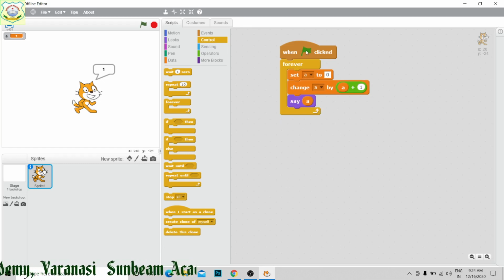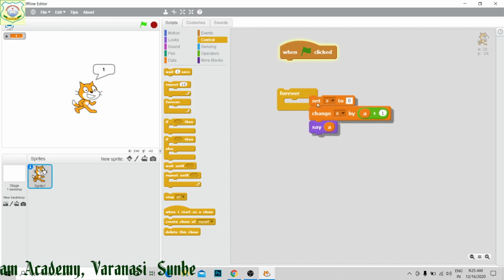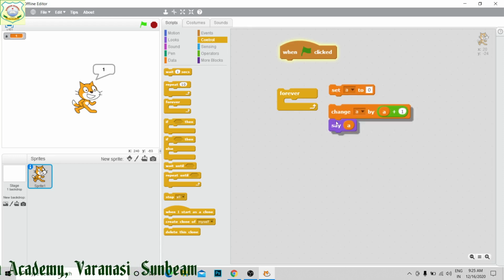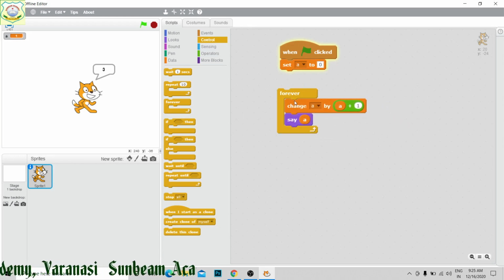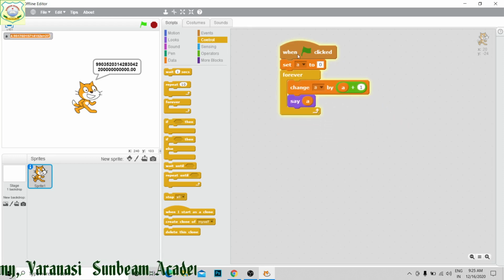Now if we click on this flag, we will see why it is printing 1 every time: because inside the loop, the value of A becomes 0 every time. If we keep set A equal to 0 outside, now we will see that initially the value of A is 0.